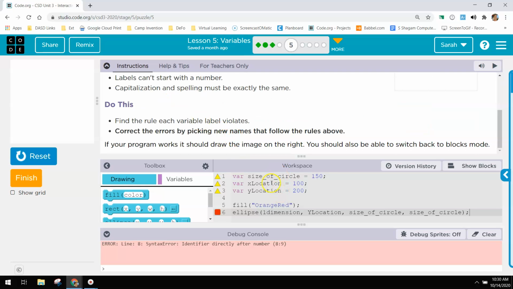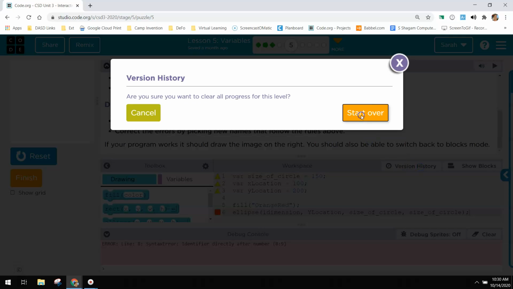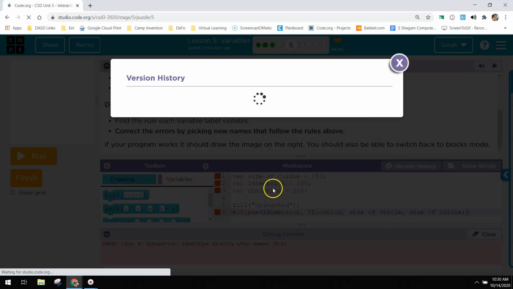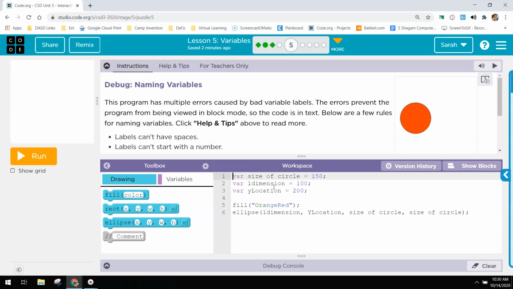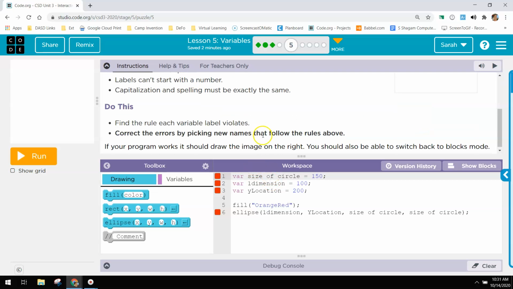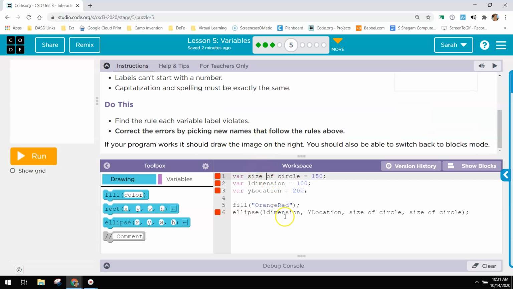Size of circle, that's fine. Let me see, it looks like I've done some of this. There we go. All right. The size of circle has spaces in it, okay? You can't have spaces. So there's two ways you can go. You can do camel case, you can do underscore. I will do camel case. Size of